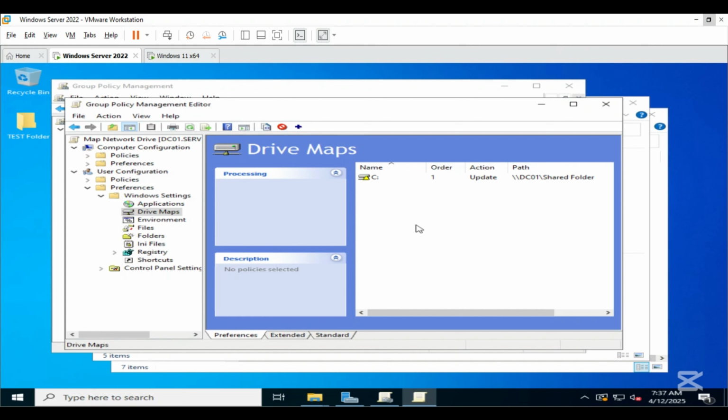Now go to a Windows 11 Pro client that is already joined to the domain. Log in with a user that belongs to the Restricted Users organizational unit. Log in to the client.